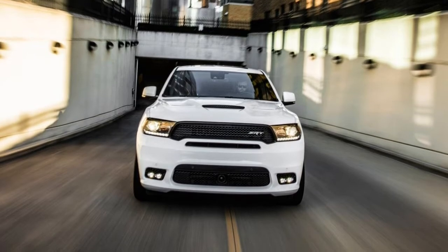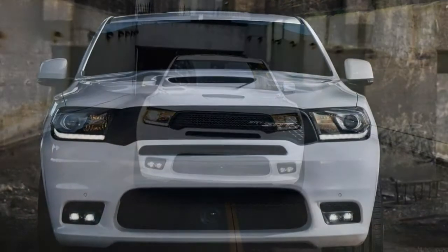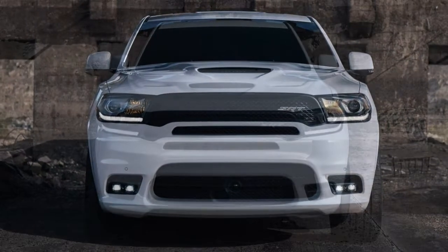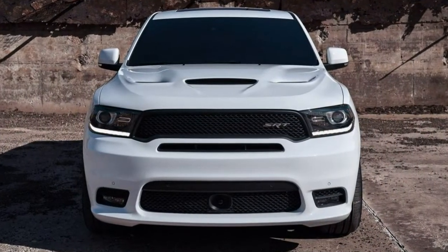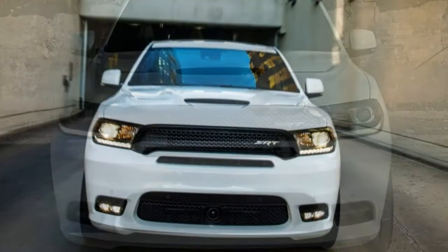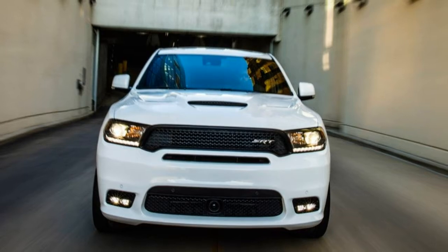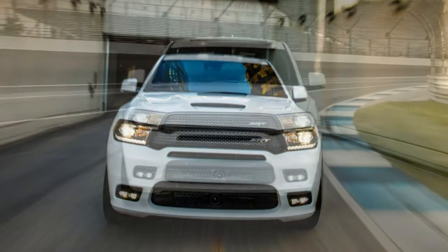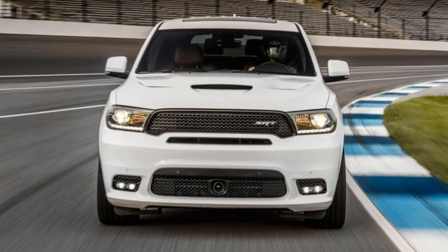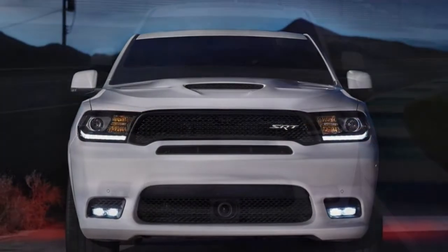If the Durango looks familiar, that's because you've seen this current generation on the road since the 2011 model year. That's an eternity compared to a number of its fresher rivals, but Dodge has kept this three-row crossover relevant, most notably with a significant update for 2014 that added a satisfying 8-speed automatic transmission and a revised interior with Chrysler's